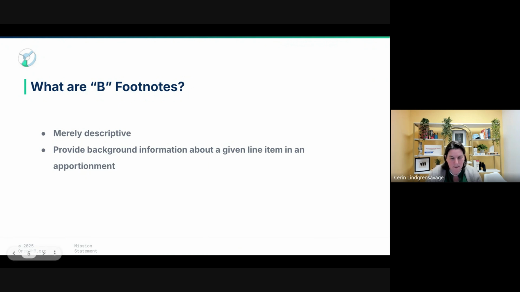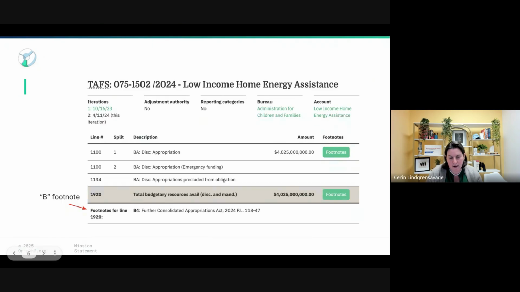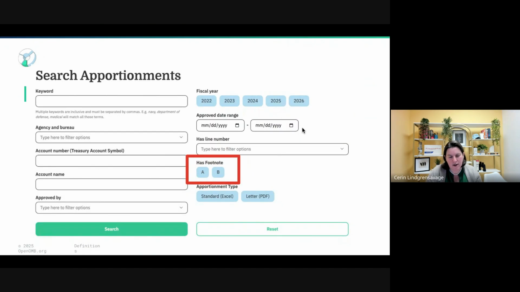They provide background information, often about a given line item or apportionment. Here, for example, there's a B footnote that just describes the source of the funds provided for in this LIHEAP apportionment. Here you can actually see on our search page where you can search for apportionments that have a particular